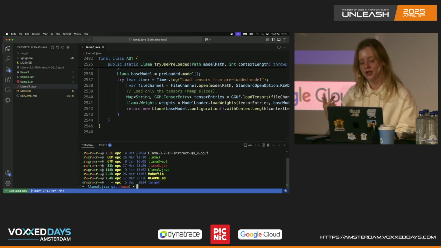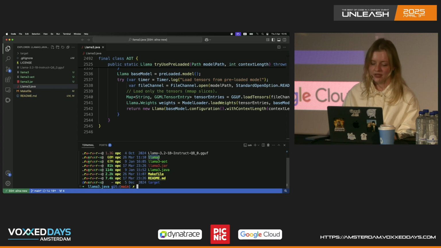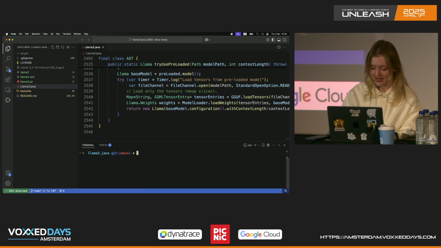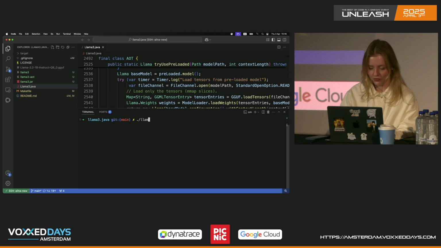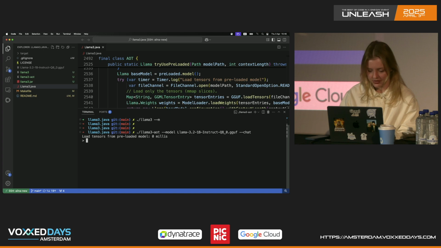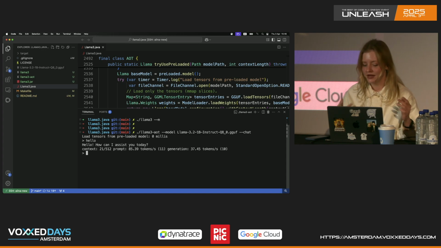So this is my Llama AOT native image. And this is with some additional AOT optimizations that completely eliminate the startup. Let me see if I can get it to run. And if not, we will take a look at the pre-compiled version. Actually, maybe I can just pick it from the history. Let's see. OK, so you can see here that the startup was literally 0 milliseconds. And then if I say hello,